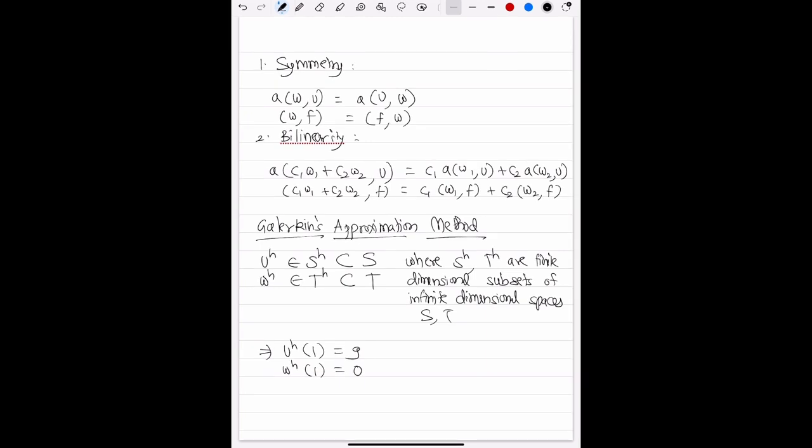So this is the first approximation that we make in the Galerkin method, that we are looking for an approximate solution uh which belongs to the finite dimensional subspace Sh, which is a subset of the infinite dimensional solution space